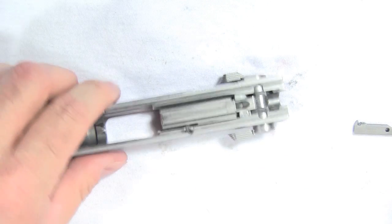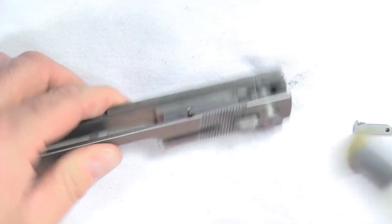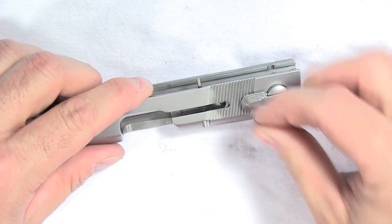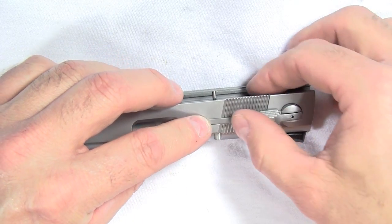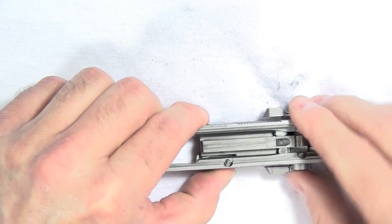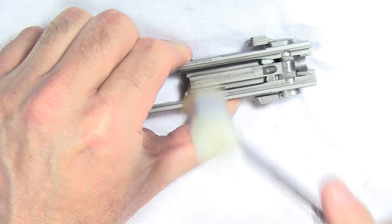Okay, and let me drive that in a little more. Now if I push it in any further, the extractor won't be able to get inserted, so let me get that spring in and get the extractor in there and kind of hold it in with my thumb as much as I can. It's tough, but